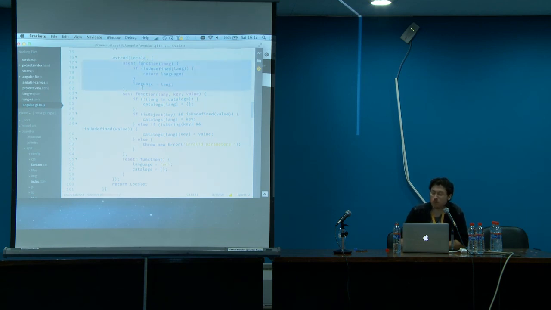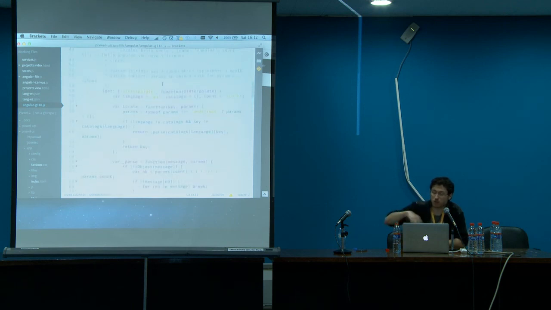So you go locale.uses whatever locale, and then it switches this, which is just a variable inside of locale's scope, and that changes everything that the locale service serves.